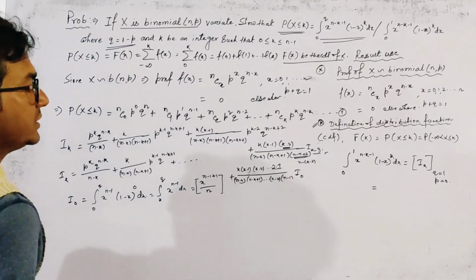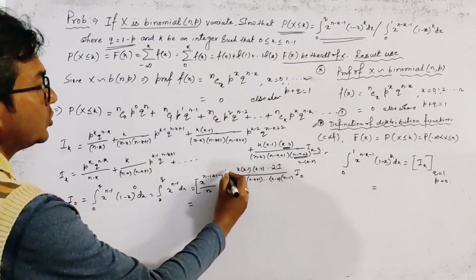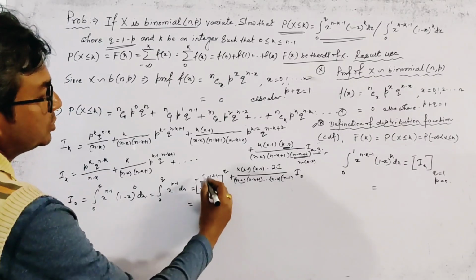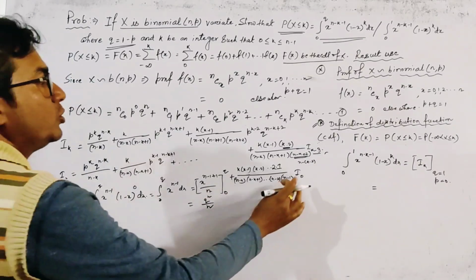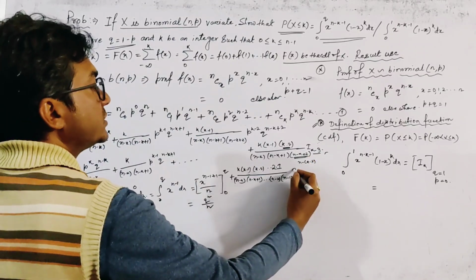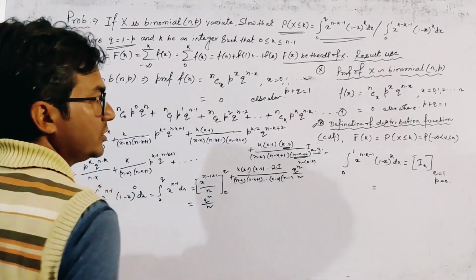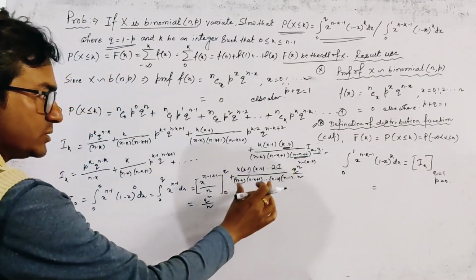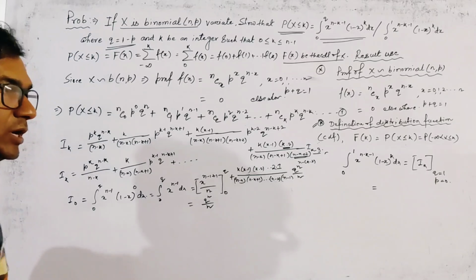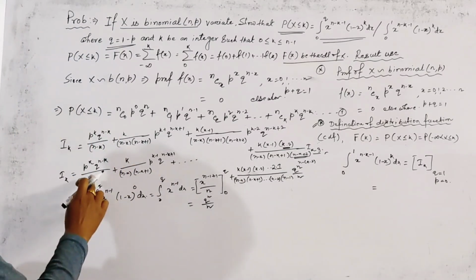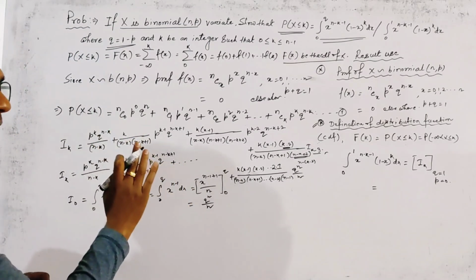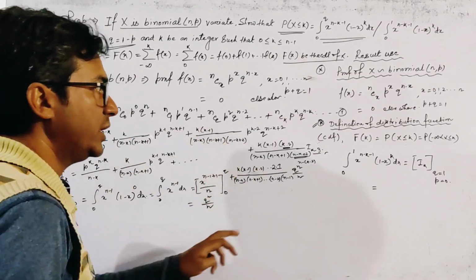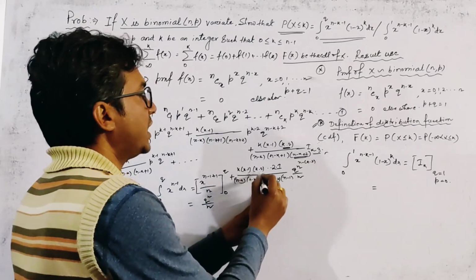Okay, and this gives, the range is 0 to q, so this gives q to the power n by n. Now we put here directly the value of I0, this is q to the power n by n. Okay, so the value of this integration is only this term by putting q equal to 1, and the other terms are 0, because all the other terms here have p present, and by putting p equal to 0 we get all the terms other than the last term as 0, and the value is given by, clearly the upper term is